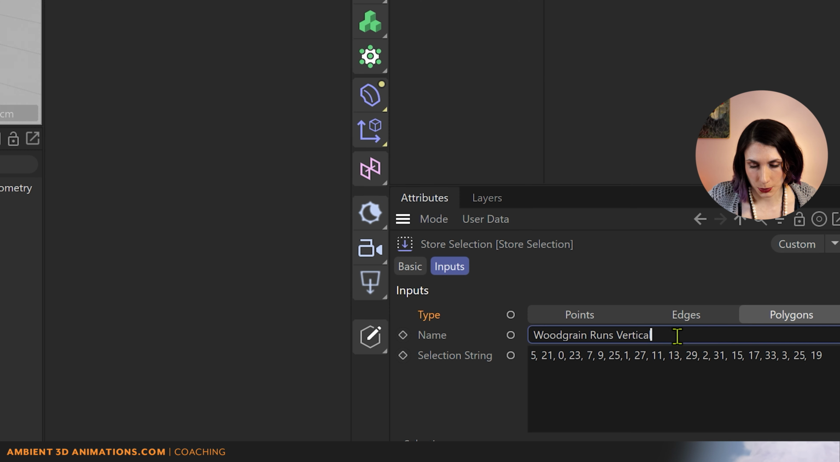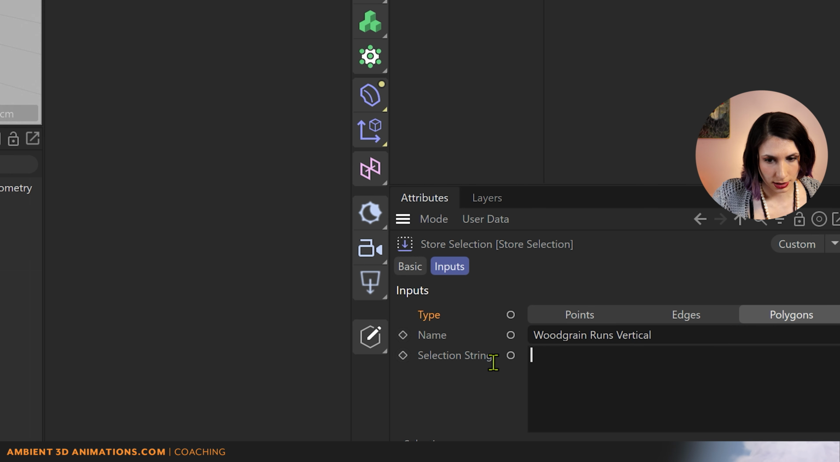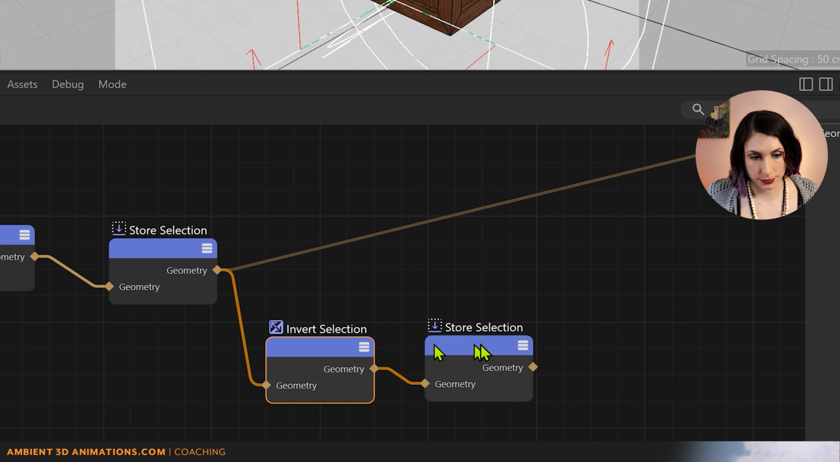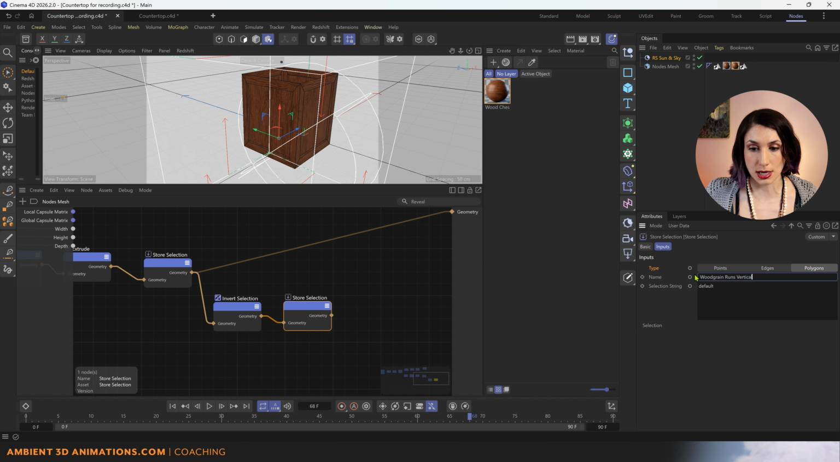And here, I'll connect the invert selection to the store selection. We'll give this a new name. And we'll also change this to, say, default. Now, default will just refer to the selection before. So now we're using the invert selection in order to control our selection string, this node, rather than entering in these manually. Now we want the wood grain to run horizontal. So I'm going to rename this horizontal. And now that we have that,